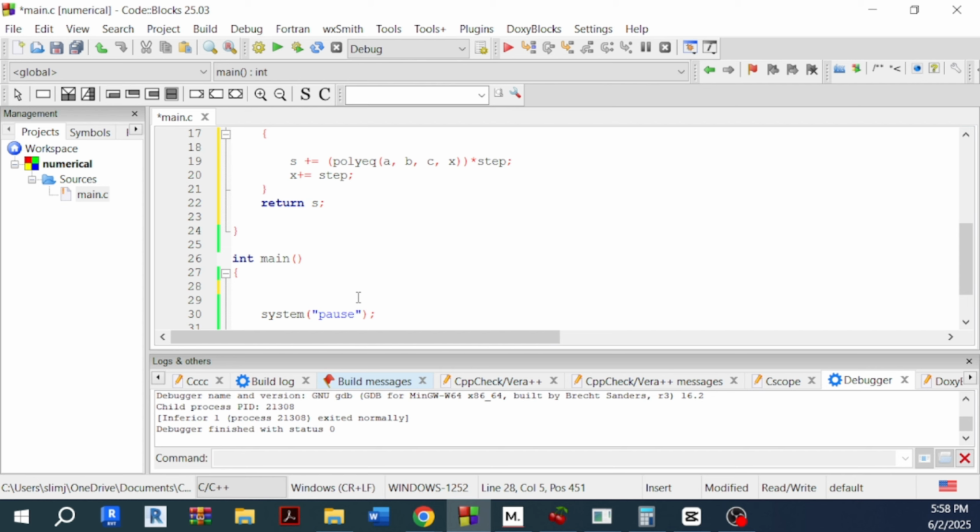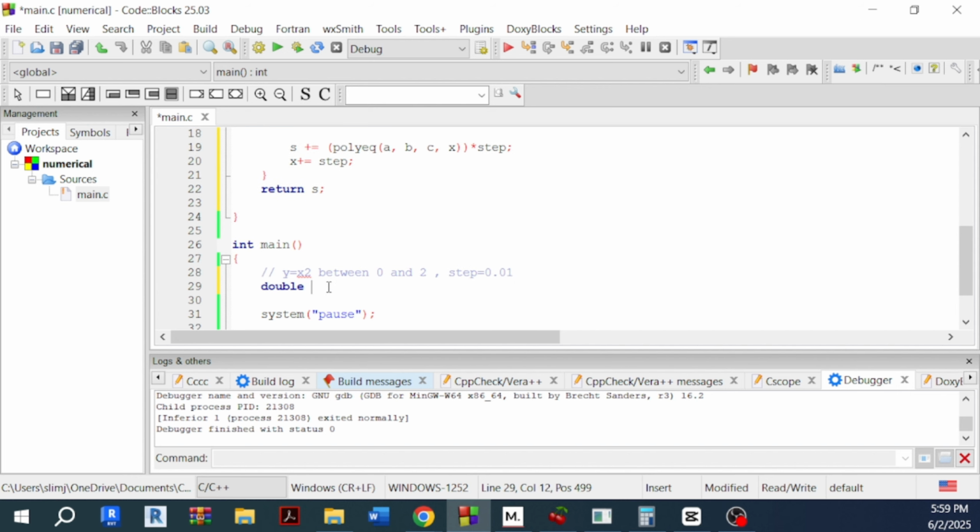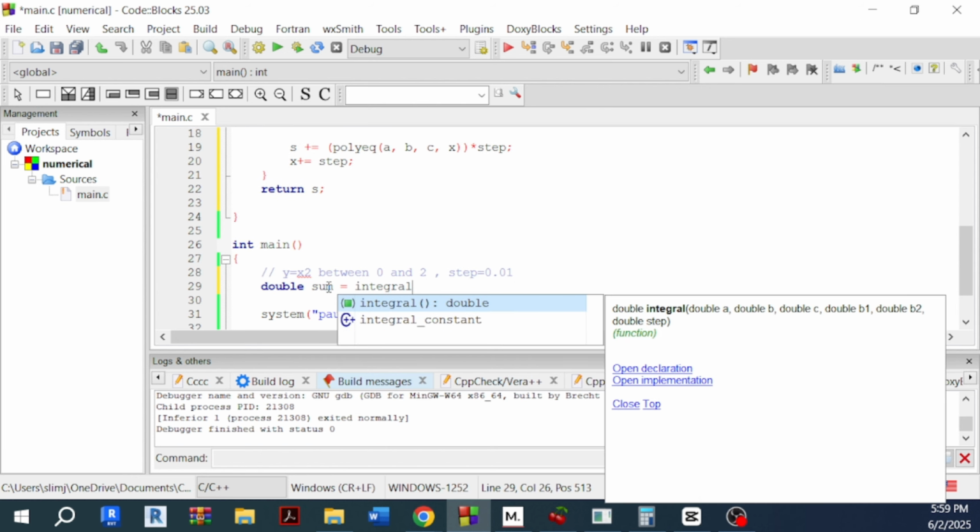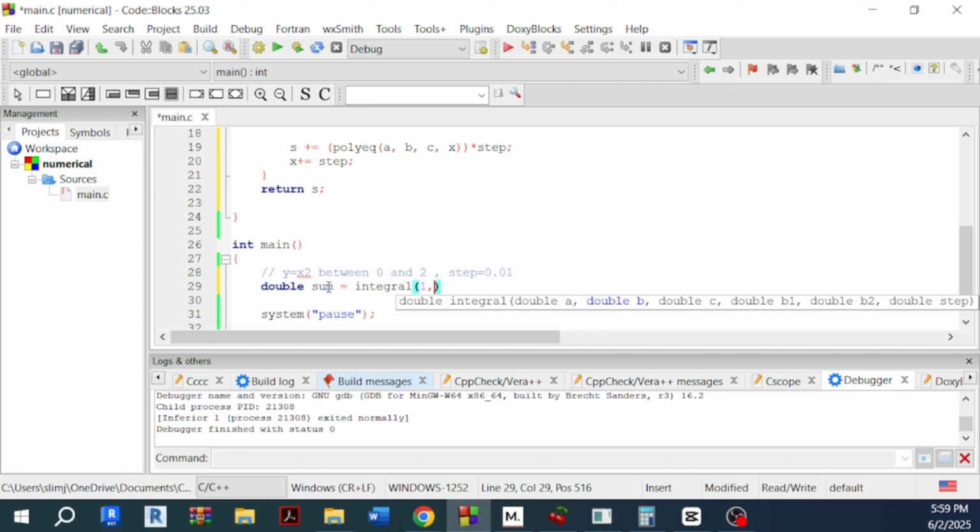So we will evaluate the integral of the function y equal x2. For y equal x2, you have only a equal to 1, but b and c are 0. So the integral of y equal x2 between 0 and 2. And the step value is 0.01 to have a good resolution, a good accuracy. Double sum is equal to integral 1, which is a, and b and c are 0. Then the boundaries, you see here, b1 is equal to 0, b2 is equal to 2, 0 and 2. Finally, the step value is